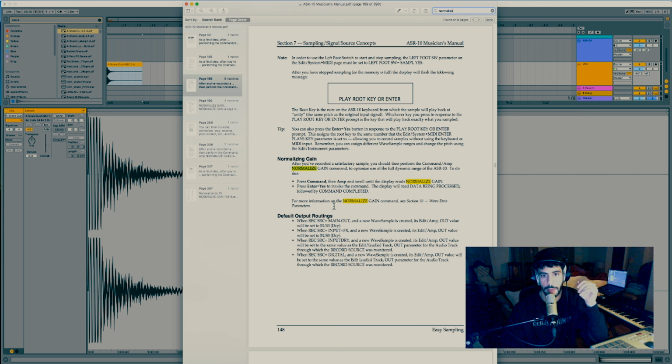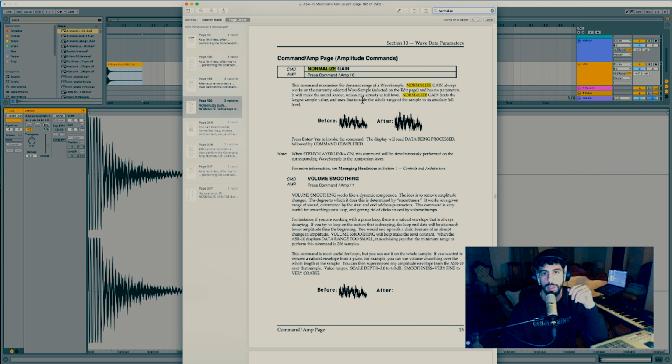And then it'll tell you command completed. So, and then here for more information on the normalized gain command, see section 10, wave data parameters. So again, we did search function, and I'm just going next to wherever that word appears. So right here, it tells you what the normalized gain